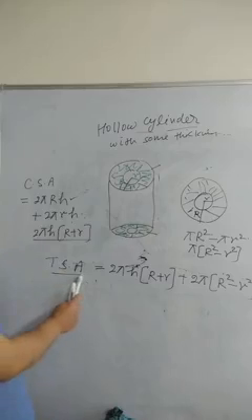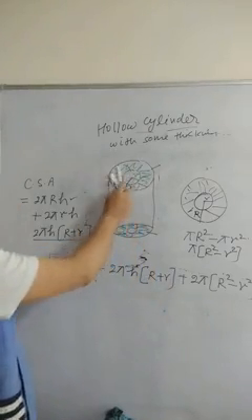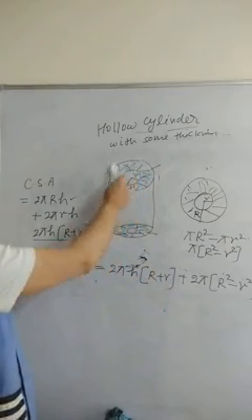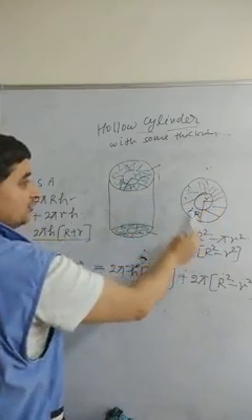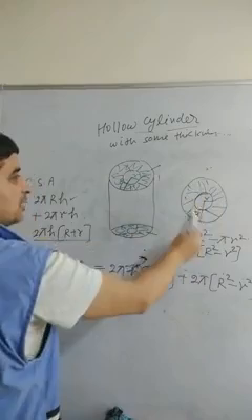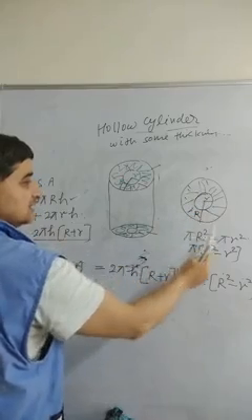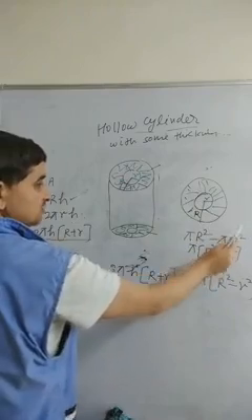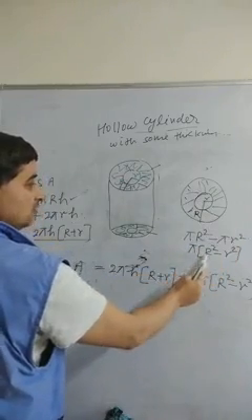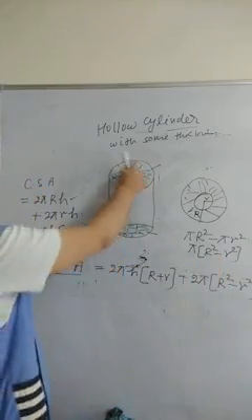Now to find total surface area, this will be there, plus the area of this part, this and this. If you see, the top view of this will be somewhat like this. So you want to find the area of this. So the area of this part will be what? The area of outer circle minus area of inner circle. Outer circle is pi capital R square minus pi small r square. Pi you can take common, so it will be pi (R square minus r square). Now this is the area of this part, the top.